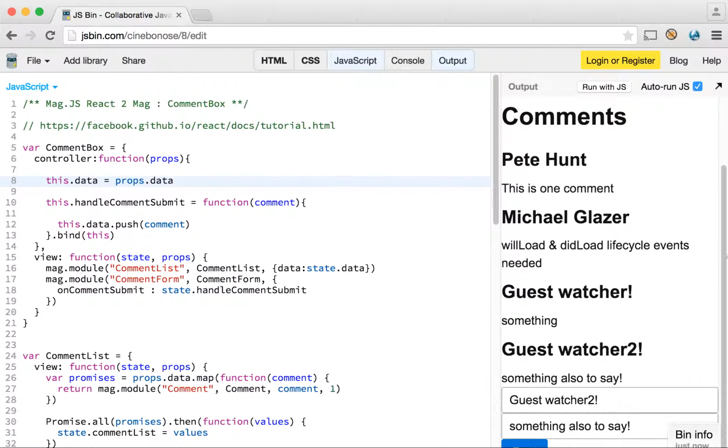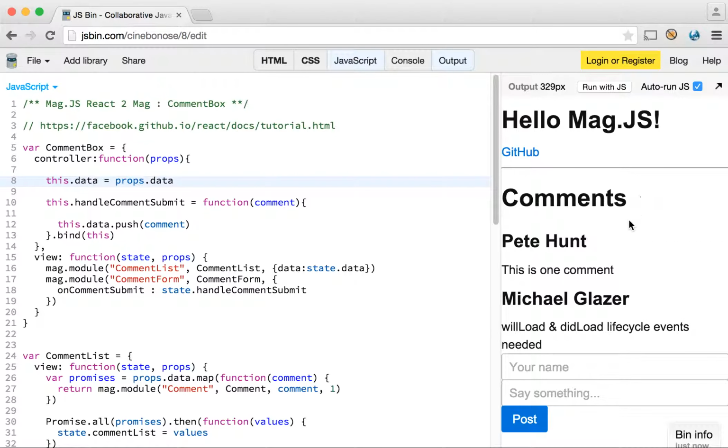I mean, that's fine and dandy, but what about persisting the data? So when I refresh it here, we can actually see those previous comments. I think something simple would be to probably just use local storage